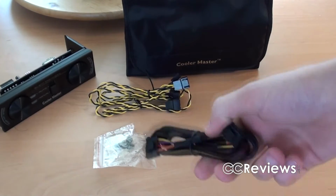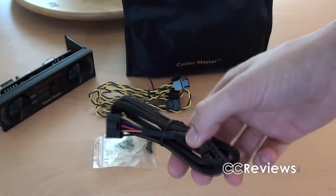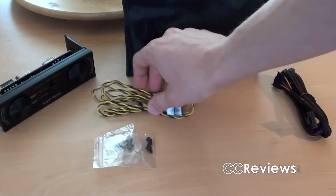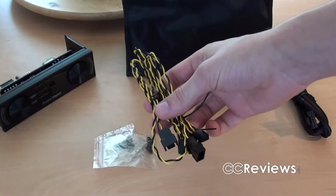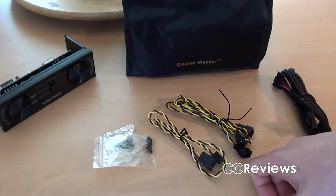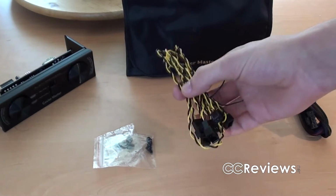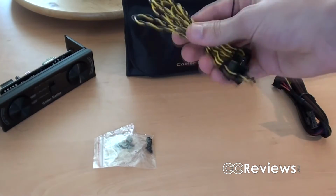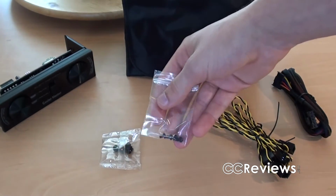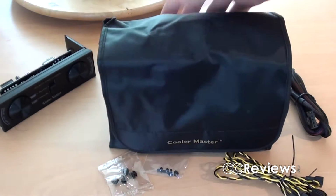This will work for the speed switch for the fan controller, so that's power and fan control for the power supply. Then you have these cables, which are for the system fans. So if you're gonna have any system fans going to the fan controller, these cables can help making their cables longer. You have a couple of screws. These are for the fan controller. These are for the power supply. And right here you have all the